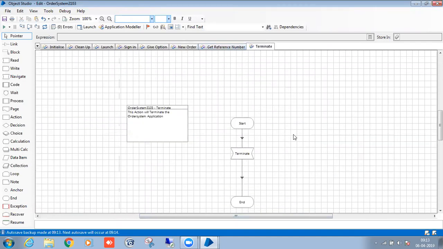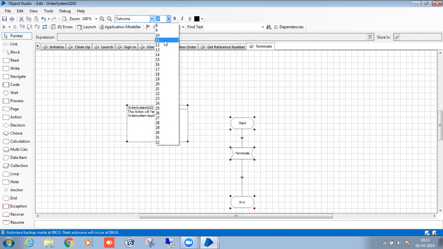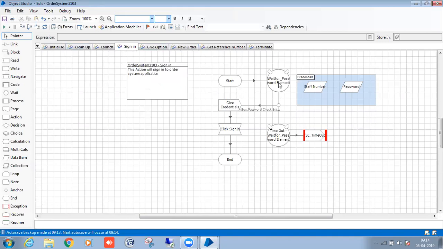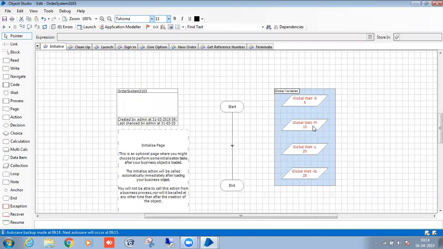Done. So now see here a launch page, sign page. So we are taking the EM, right? So whenever I change the value here directly, that value is going to append to all other pages. No need to change in each and every page. This is the advantage of taking the global variables. Okay, any questions here? Right? Yes.